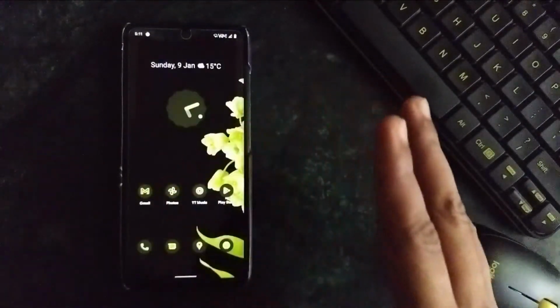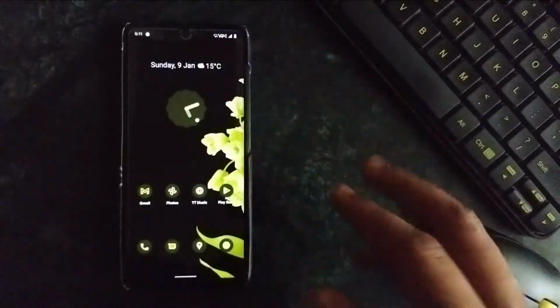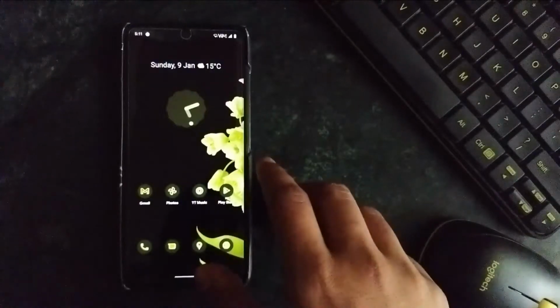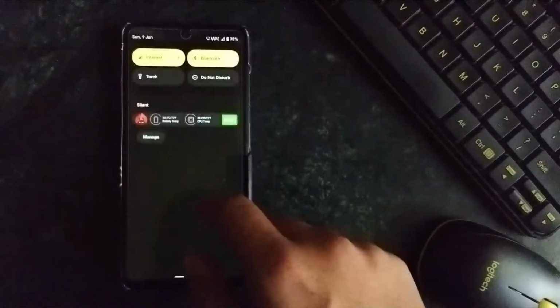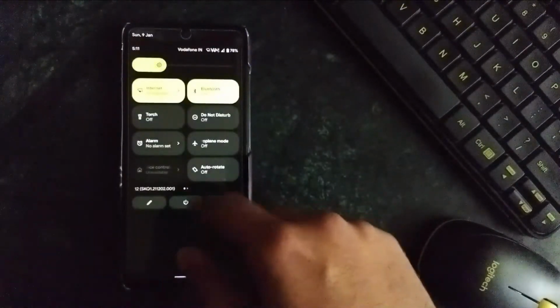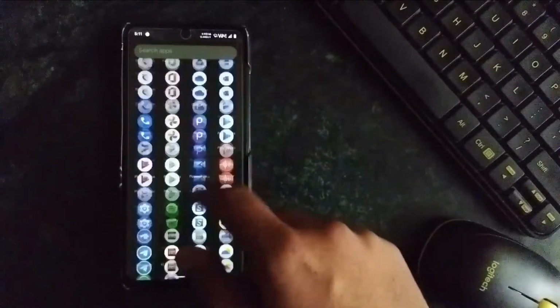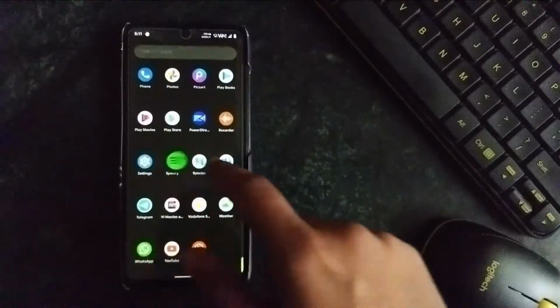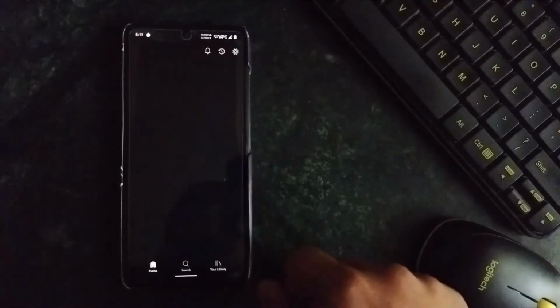Anyway, this is my whole review of this ROM. Please do not install this. I think you should install the Pixel Plus UI or the Pixel Experience if you want to, or the CR Droid ROM. I think these are the three ROMs that you should install. But if you want to try out Android 12, I'll say you can try out Evolution X also. But anyway, this is my main ROM conclusion.